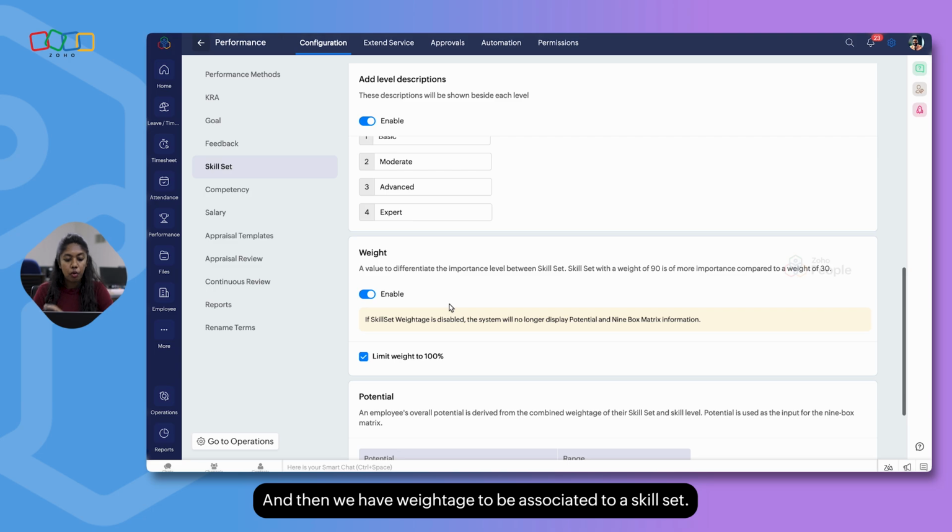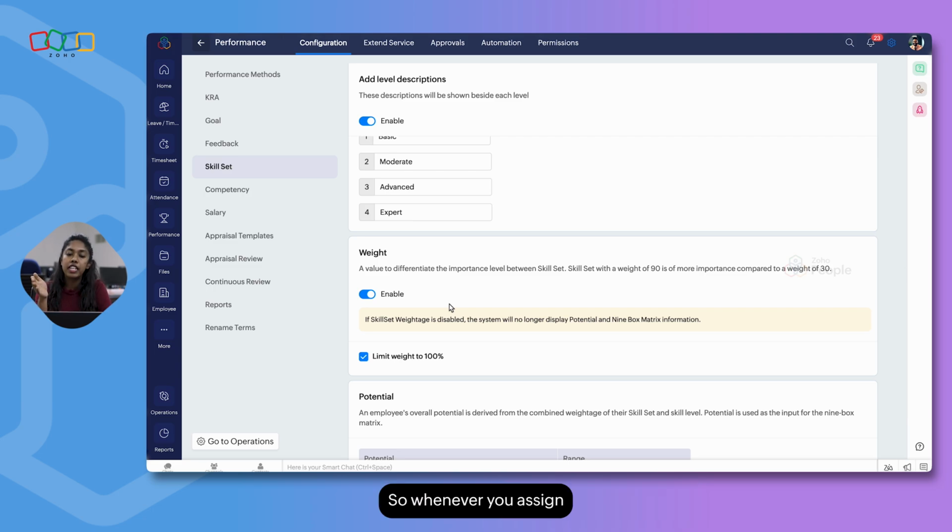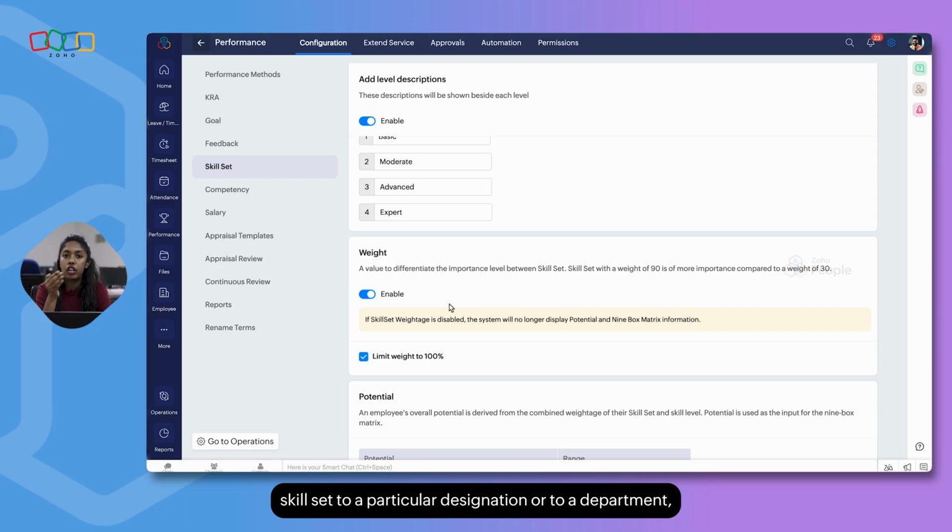And then we have weightage to be associated to a skill set. So whenever you assign a skill set to a particular designation or to a department, we had an option to mention a weightage to be associated with a particular skill set. If you don't want this weightage option, you can disable it over here.